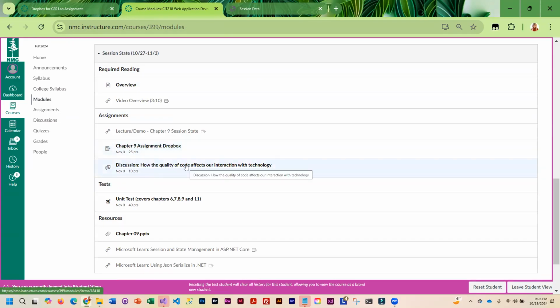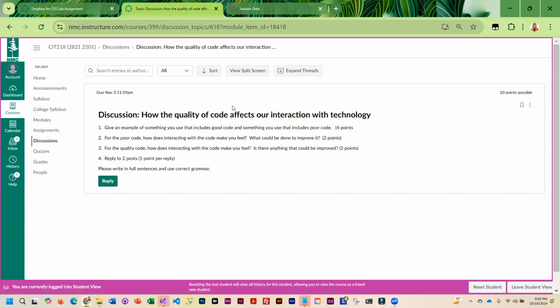And then down here is our discussion. And I know you guys have seen this type of discussion before. Okay, in other classes, you might have had the exact same discussion. However, now you guys are pretty savvy as far as developing your own apps. So your eye might be a little bit more critical. So the same type of questions that you had before,